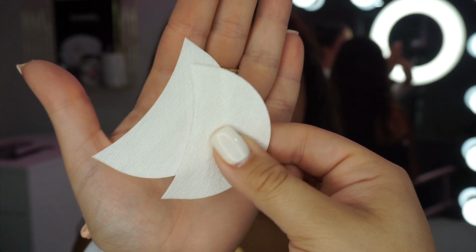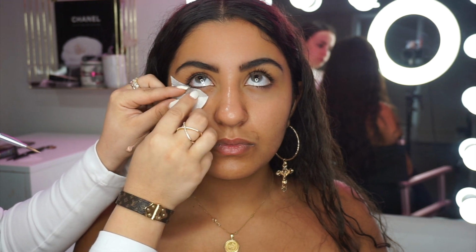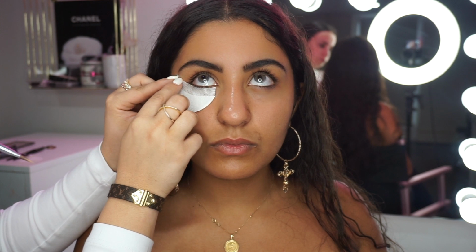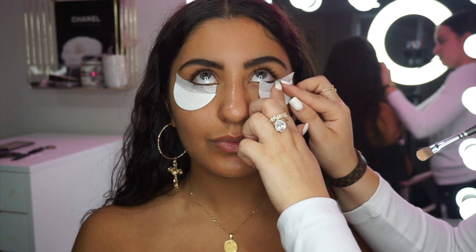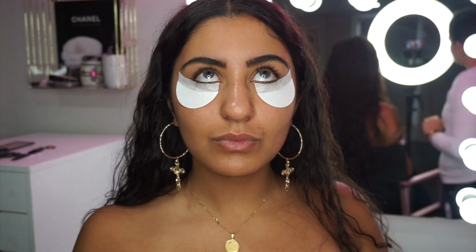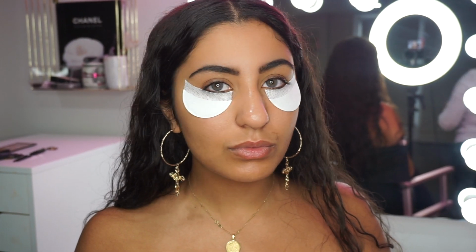Before I go in and carve out my model's brows, I like to go in with the Model Rock eyeshadow pads, and what I do is I place these in a line with the bottom lash line. I get my client to look up and I place them just in line with the bottom lash line, and it saves me so much time from cleaning any eyeshadow fallout, and it helps keep my eyeshadow and eye-based concealers and all that sort of stuff. It helps keep it nice and tidy, and it just makes it look like a much cleaner and smoother